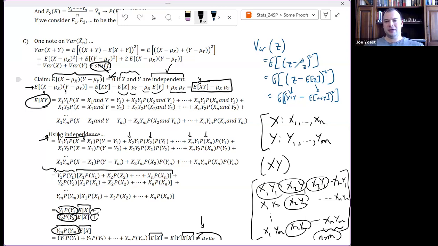If we don't have independence, then we have this nasty term here that typically is very messy. This is one of the reasons that people really, really like to assume independence, maybe even in cases where it's questionable or just flat out not warranted, because it just makes things so much easier if you assume independence.